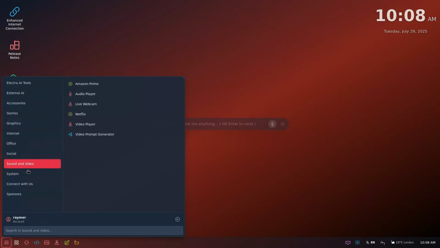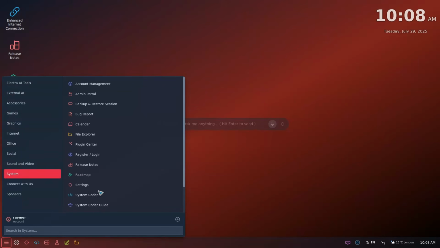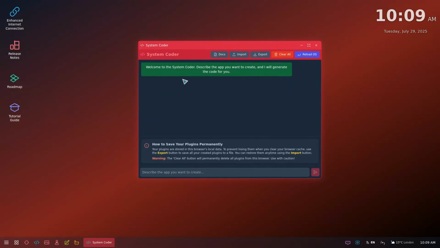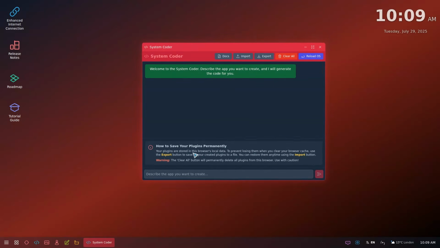Yeah, so I did show you guys the system coder last time. Again, we have made some more changes to the system coder. System coder is a hit and miss at this point. It's a work in progress. But the whole idea with the system coder is so that you can code your own plugins, code your own stuff. So yeah,